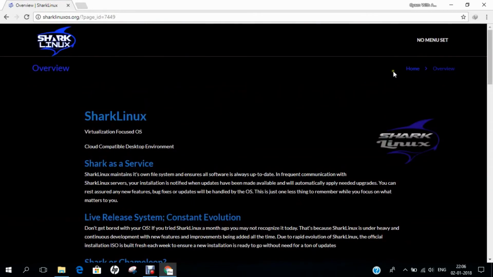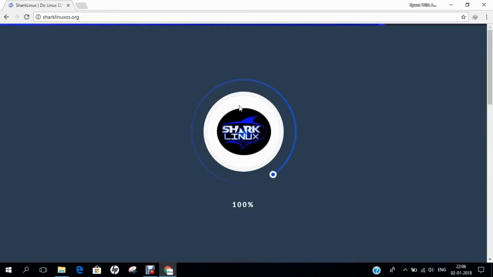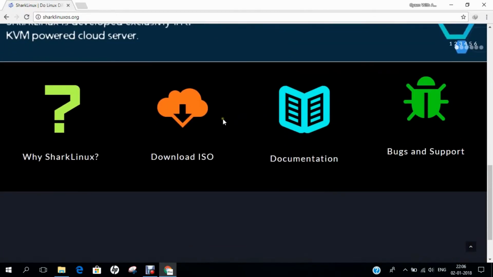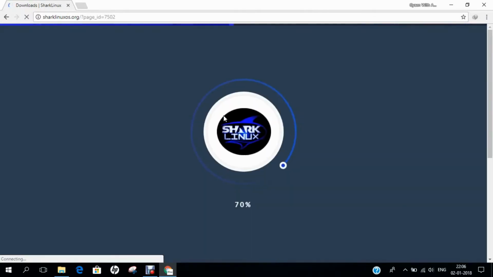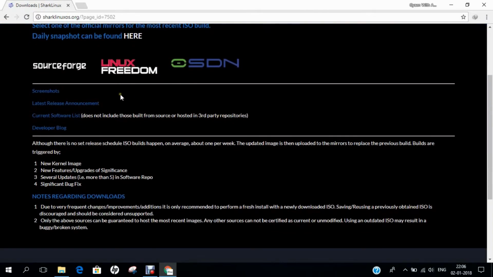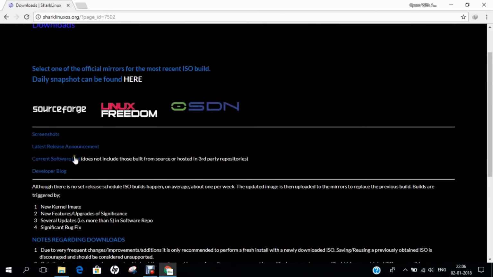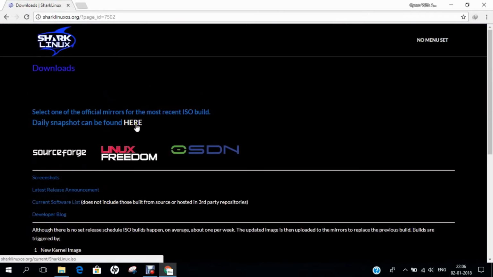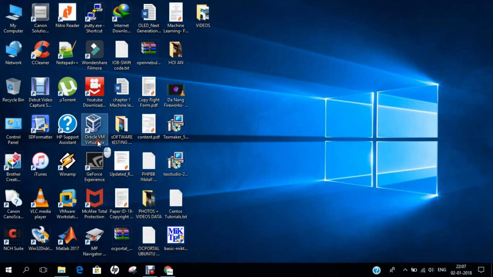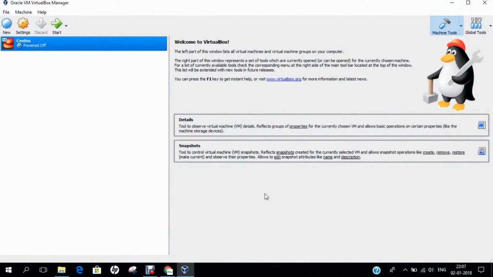So if you want to download, let's go back to home. Now if you go to this download ISO and click over here, you can find where to download the current software list, and everything can be downloaded from here. I've already downloaded it, so let us go to our Oracle VirtualBox and start with the installation of